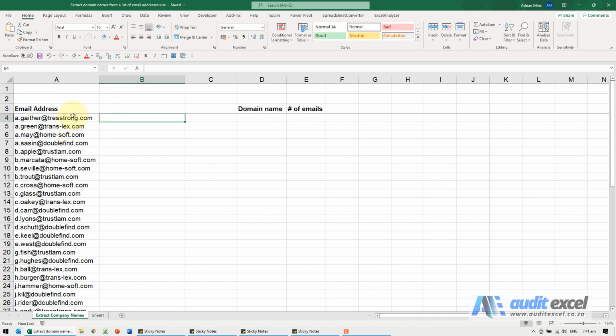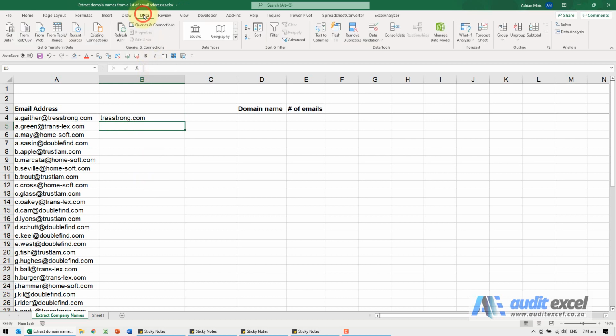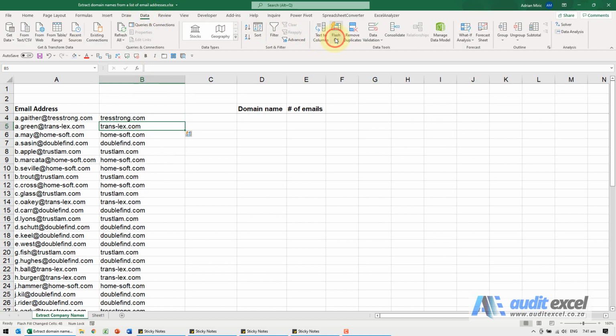So all you do is, adjacent to it, there's column A, right next door, column B. I write what I want to see. So you can see I need to put in the domain name. Then I go to data, flash fill. And you'll see Excel has now looked at what you gave it compared to what you had, and then it's corrected it. So that's the first part.